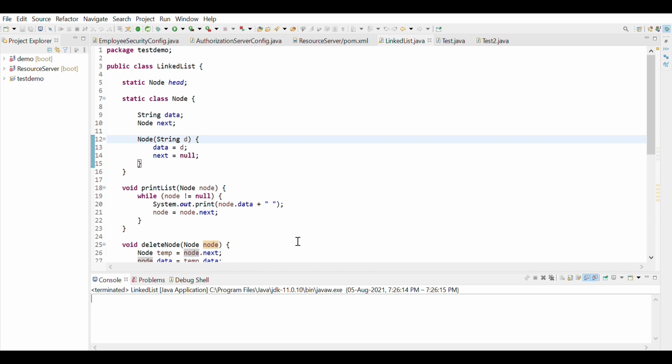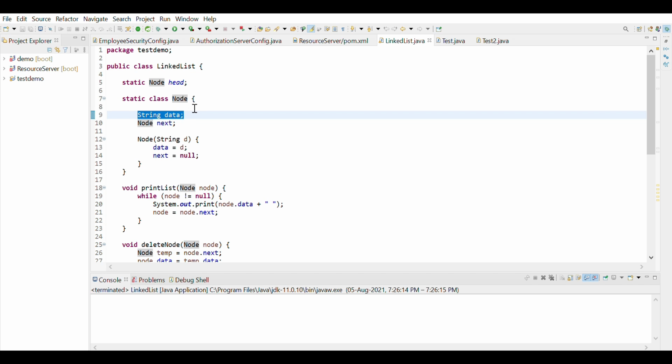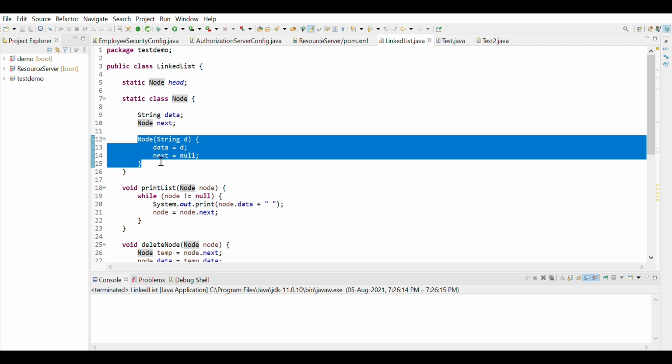As you can see, I have created a class node which has the string data. It can have anything like A, B, C, D, E in my case, and you can have anything as part of data here. And then I have a node next, which is the reference to the next node. Here it is a simple constructor which is setting the value of the data.